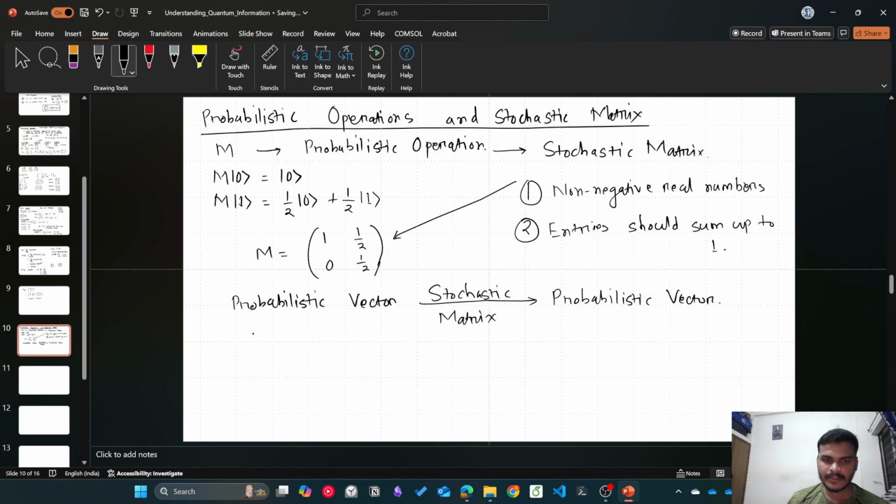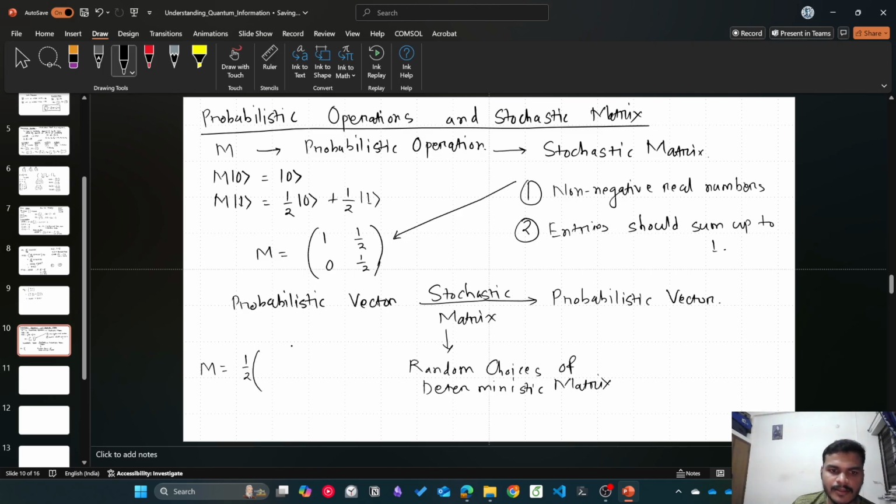Further, we can represent a stochastic matrix as random choices of deterministic matrix. So as we just discussed before, a deterministic matrix can only have one 1 in each column. So we can write this M as a summation of half of the matrix with 1, 0, 0, 1